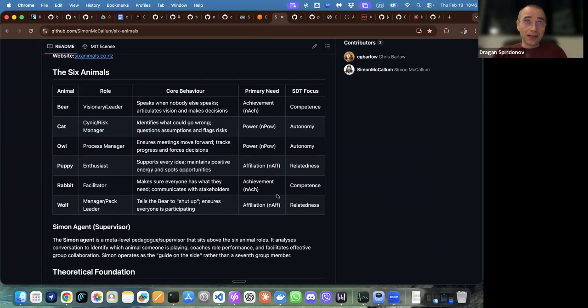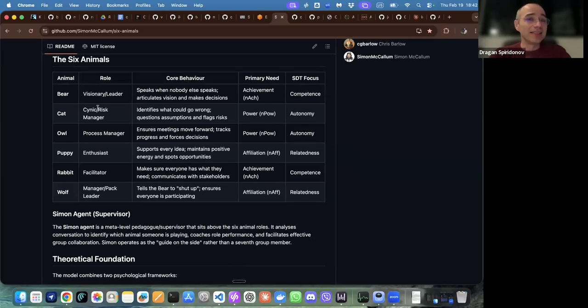This also uses a similar approach of invoking different perspectives to analyze the problem from. In this case he matched it to animals like bear, visionary and leader, cat, cynic, and risk. I see risk like a black hat, and a visionary like a yellow hat.